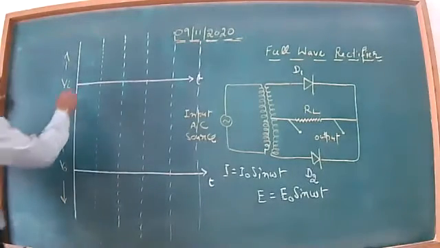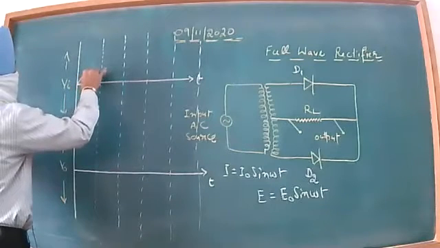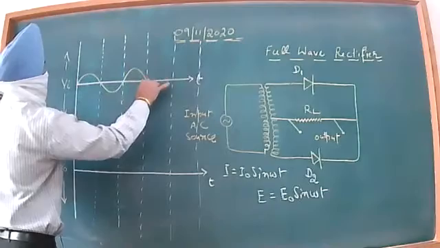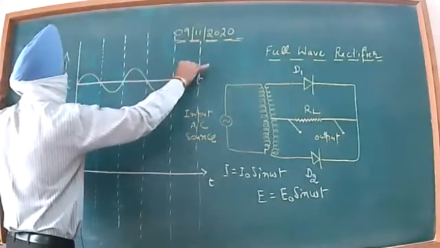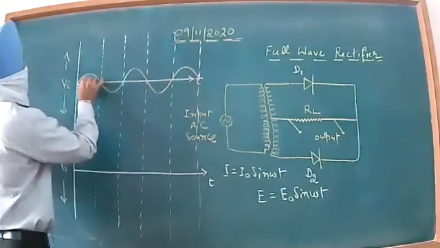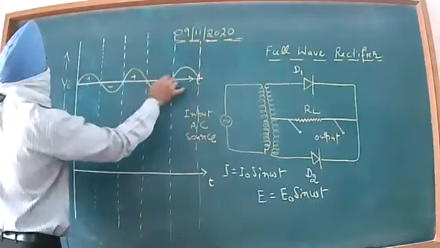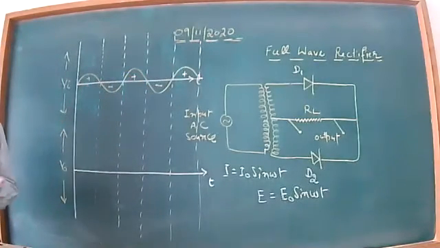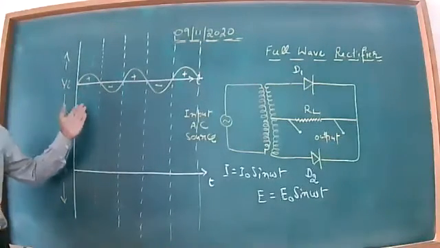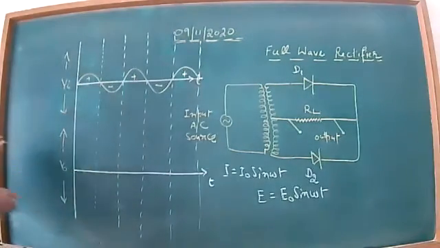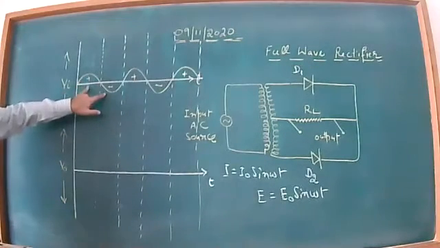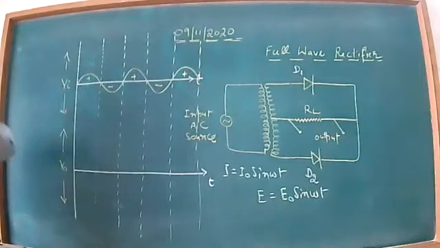When we draw the input voltage beta, because it is in the sine wave form, it will follow this type of pattern: positive, negative, positive, negative, positive, etc. AC in our India is having a frequency of 50 hertz. That is, it is changing the cycles 50 times in one particular second, or 100 times the direction is changed in 1 second, 2 times in one cycle. Now